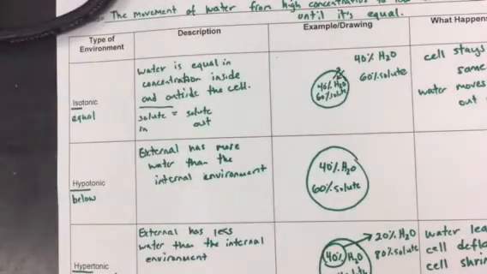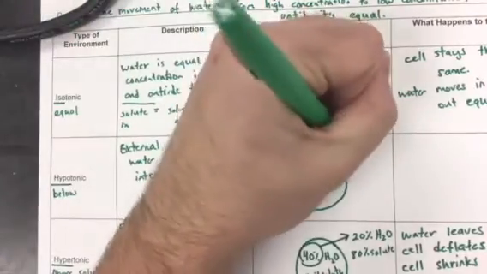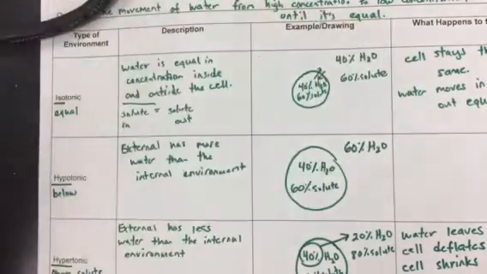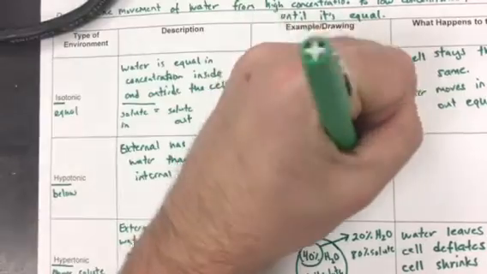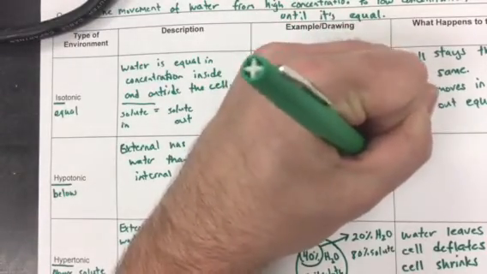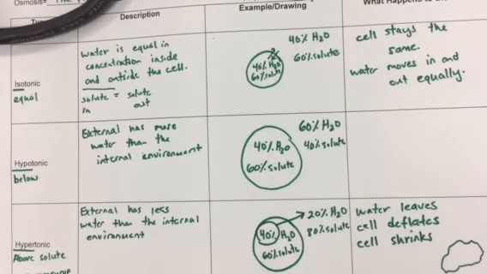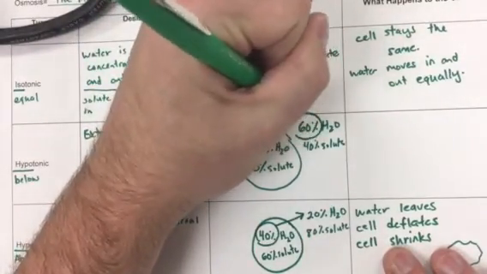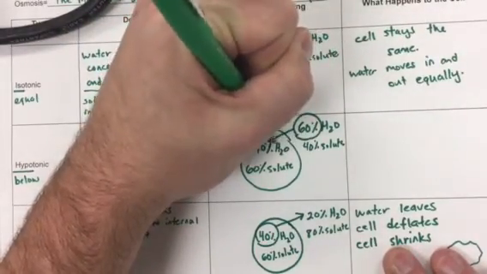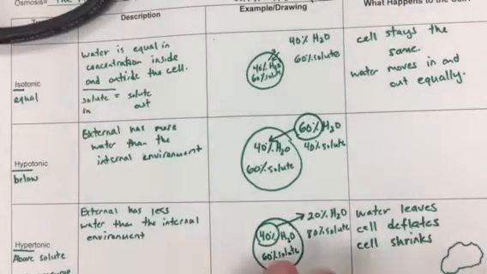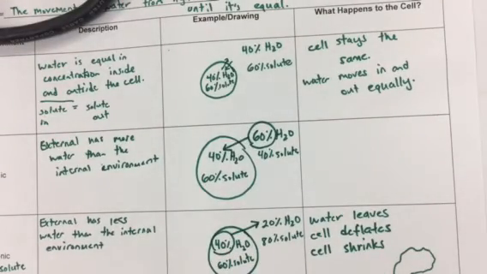Okay, so that means we need more water on the outside, so give me a number higher than 40. 60. That means how much solute is outside? 40. Okay. And so where do I have more water, inside or outside? Outside. So I'm going to circle that, and then I'm going to draw an arrow to the low amount. So what's happening to the water here? Which way is the arrow going? Inside. So the water